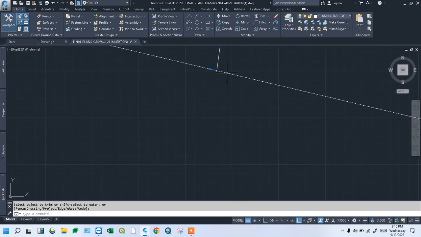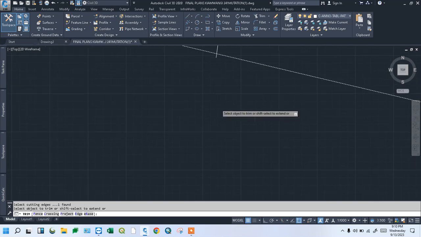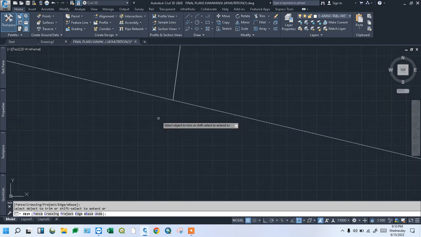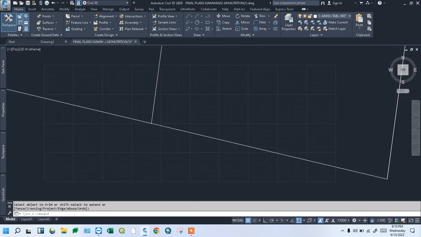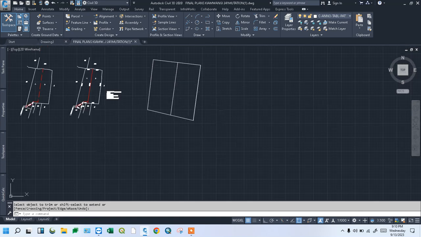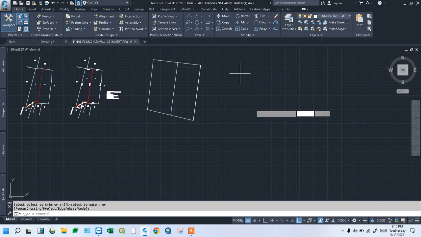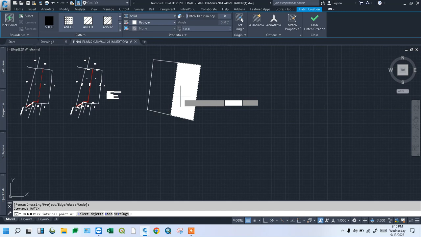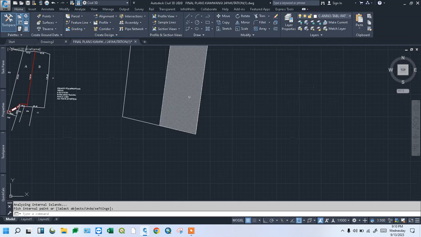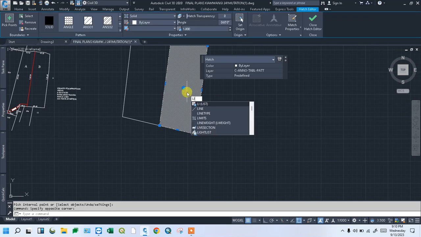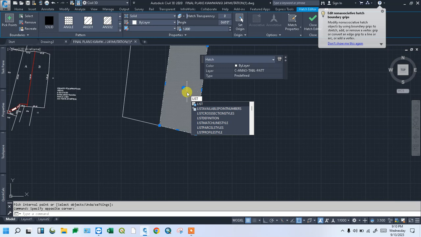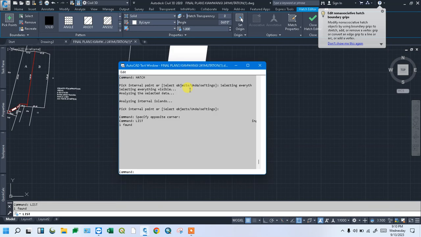Click this, trim, and from this I can now hatch this inbound area. Click on enter. I will list this, and